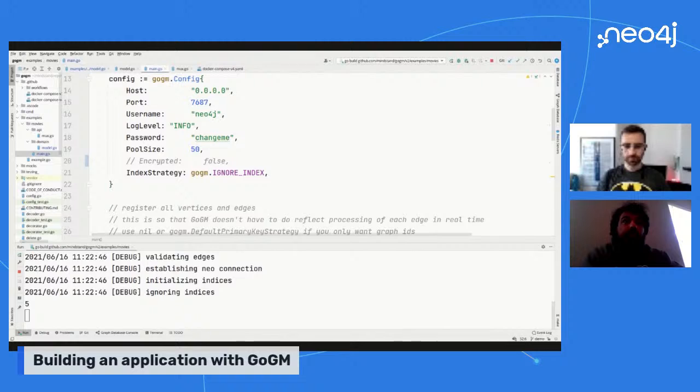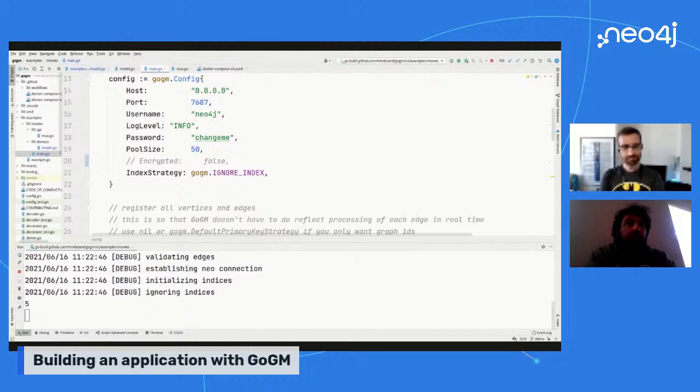There were errors that night, so I just took it and fixed it up a little bit. So thanks to him for doing that piece. But yeah, that's how to use Gogem in an actual application.